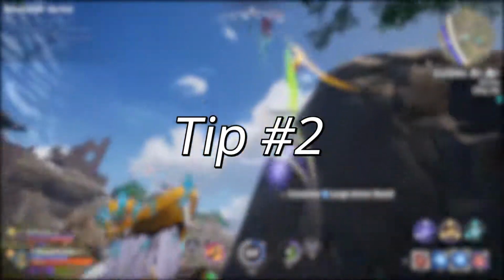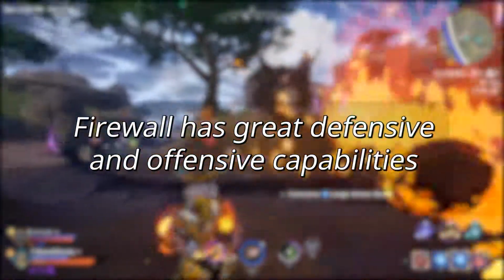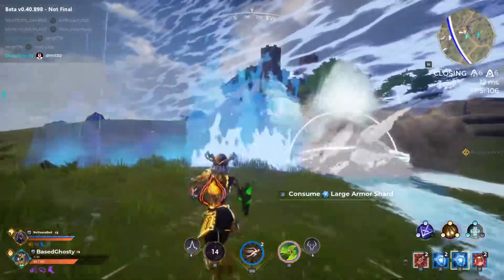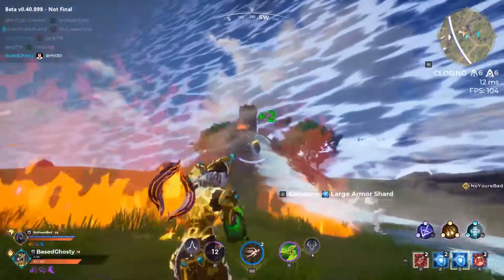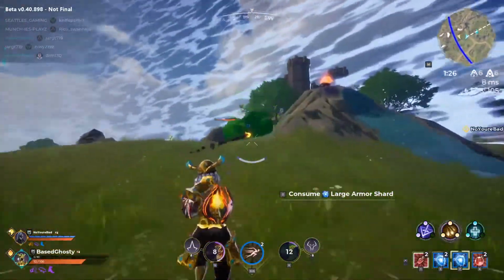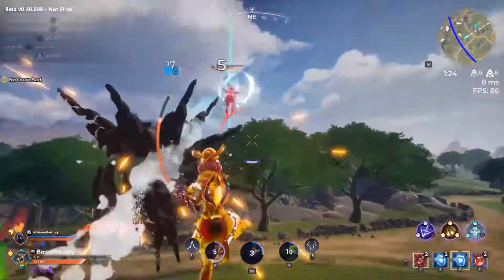Tip number 2. Your Gauntlet's Sorcery Firewall is one of the best utility sorceries in the game. It obscures vision and can be used to defend yourself against toxic and frost attacks. Be wary of the other gauntlets as they can still hit through it. You can also throw a Toxic Cloud through the firewall to have it instantly become Dragonfire as it hits the